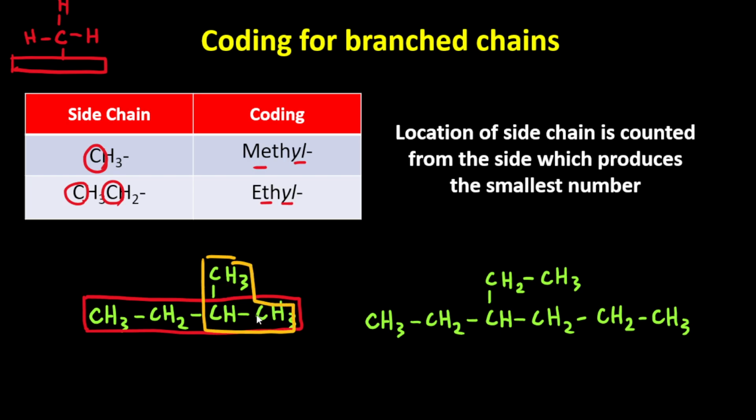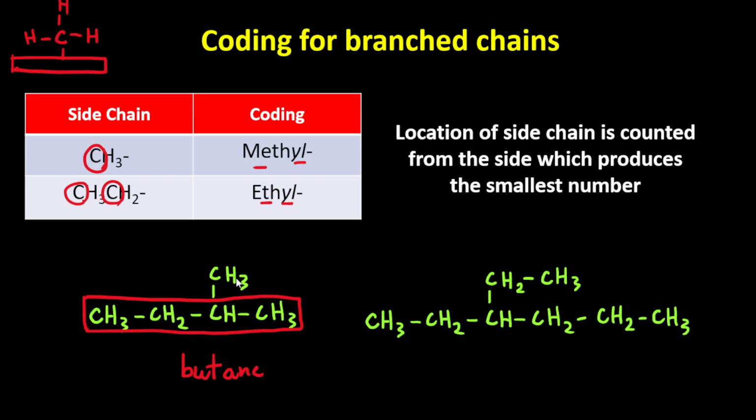We don't want that. We want our main chain to be as long as possible, so we're picking 4. Now, we know that our methyl group is here, so let's try to write it down step by step. Because I know that this is 4 carbon atoms,